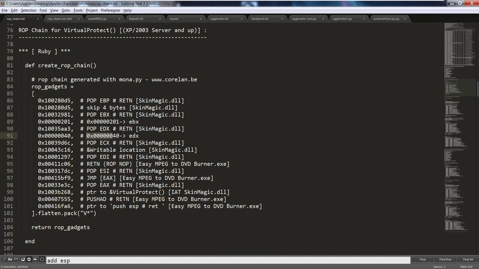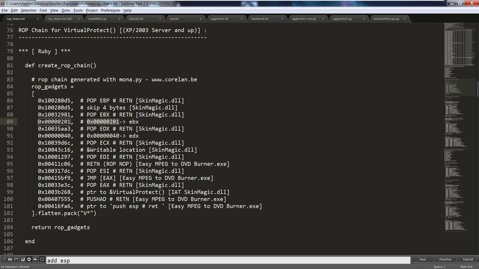The good thing is if you establish what the bad characters are, and you use that as input when you go and generate your ROP chain. So the PyMona ROP, and then you can specify on there the bad characters. And the MonaPython help guide online, which we've referred to a couple of times, provides the syntax. So once you do that, then it should automatically generate some alternative ways of doing that. When I did this, I did not do that, so it just did it the plain, easy, simple way. But even if it doesn't,